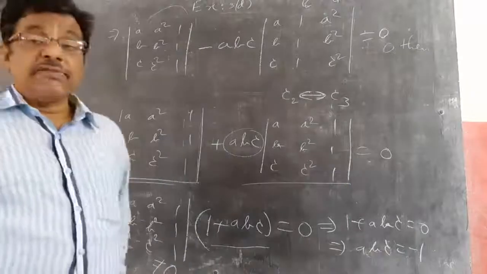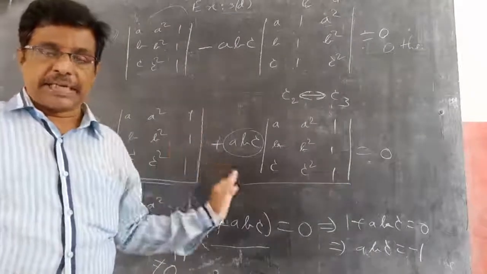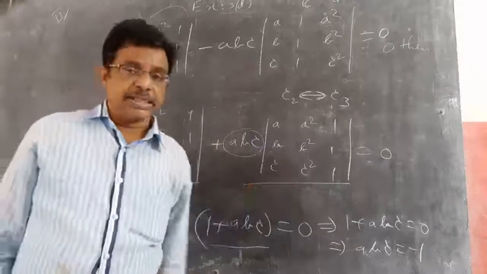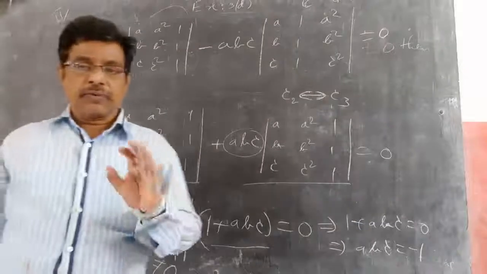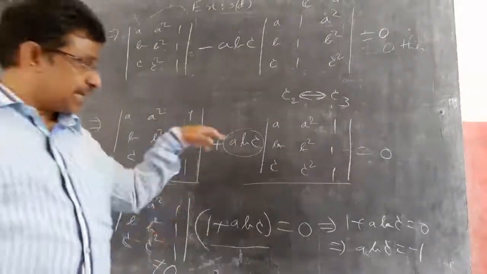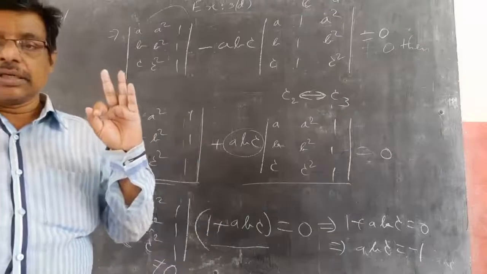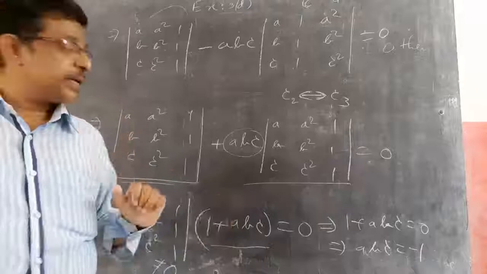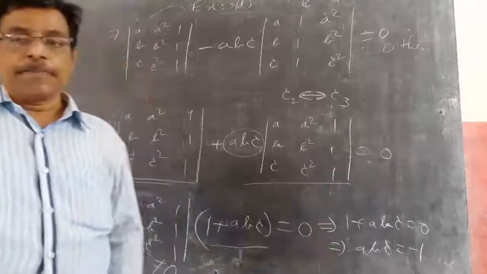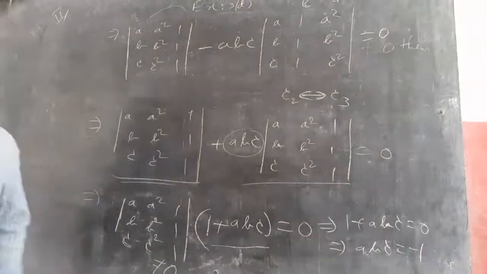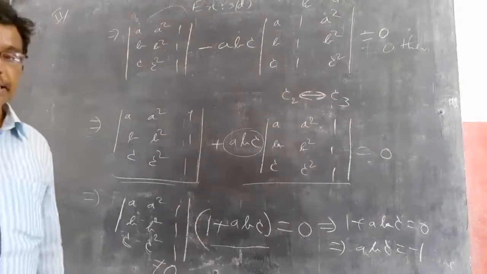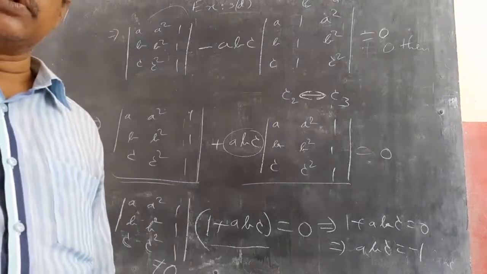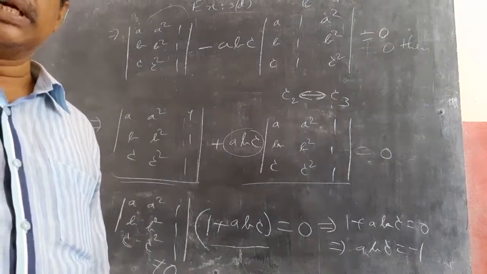Observe the whole sum: without expanding any row or column, just using properties, I finished the sum. Properties 4, 5, 6, and even the third property was used by taking common. So 3, 4, 5, 6, four properties I used in one sum and I finished it. Observe, this is how we apply the properties to do the long sums. Sums of this type we can do very easily using properties. Remaining we'll discuss in the next class.